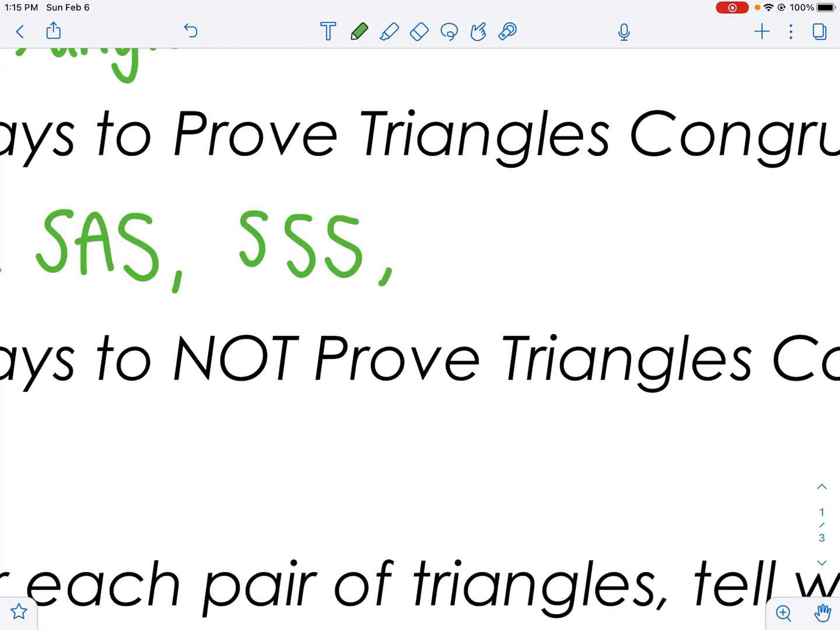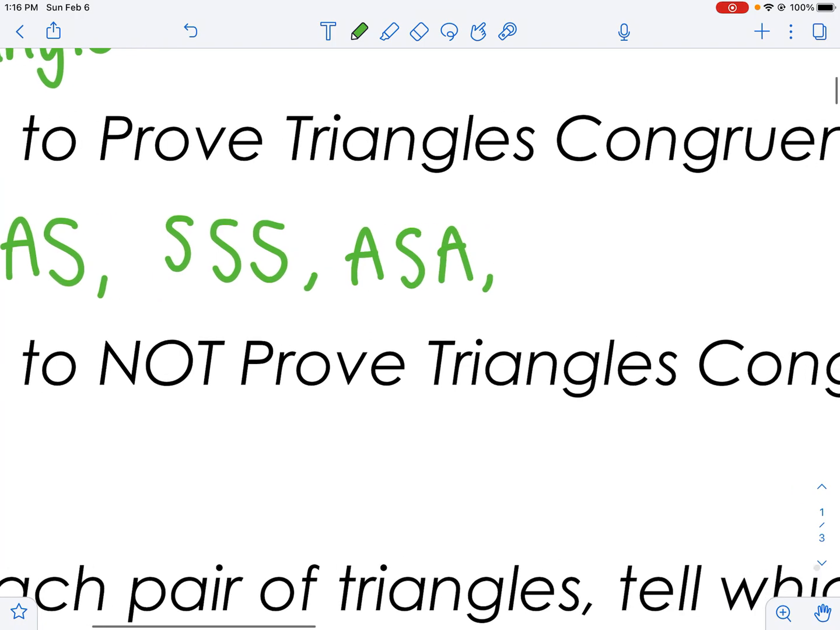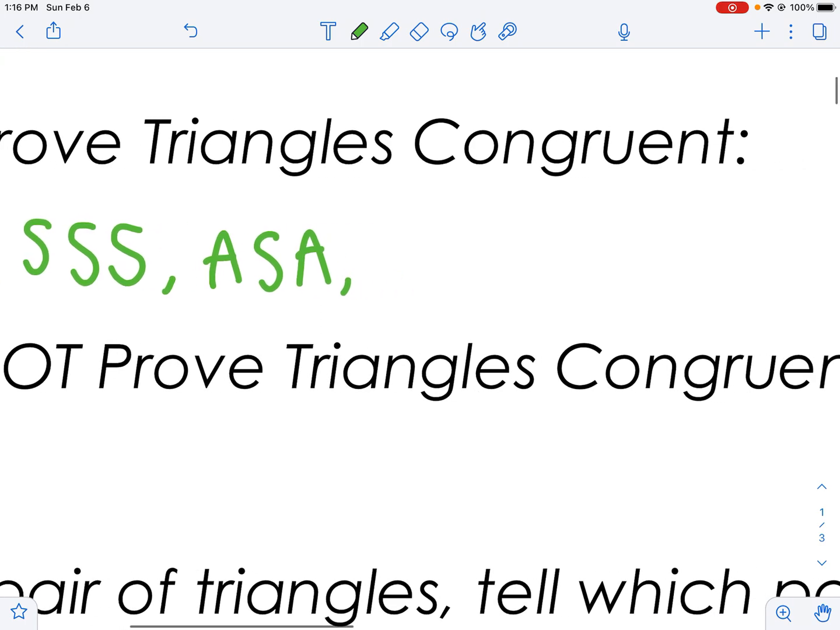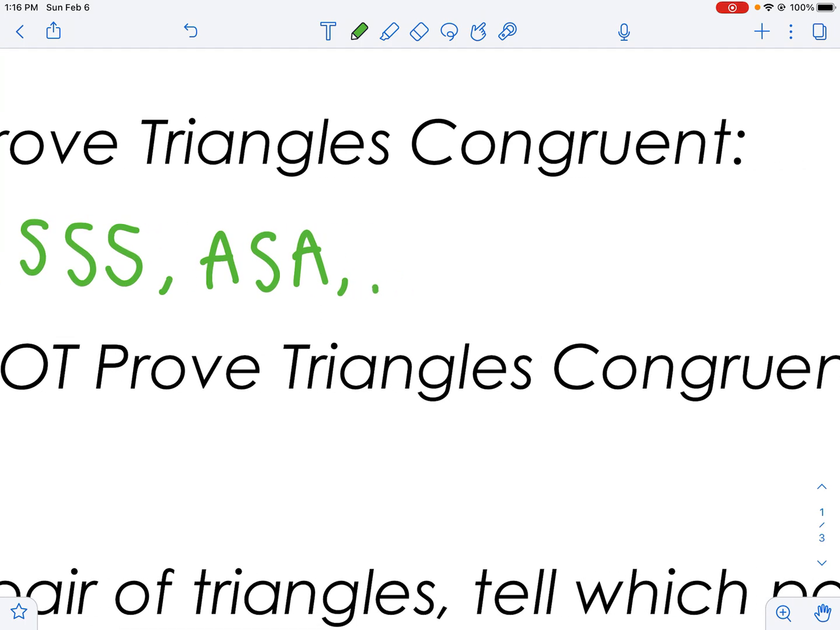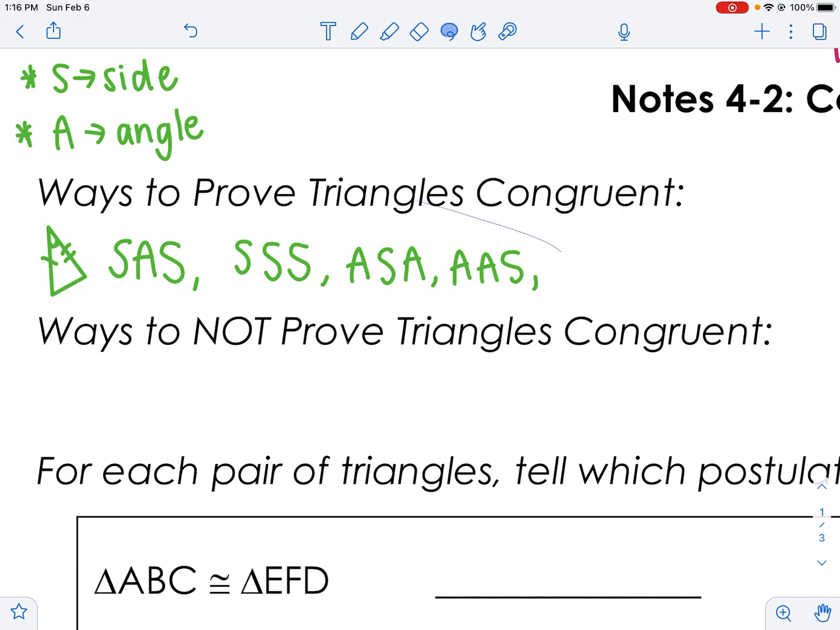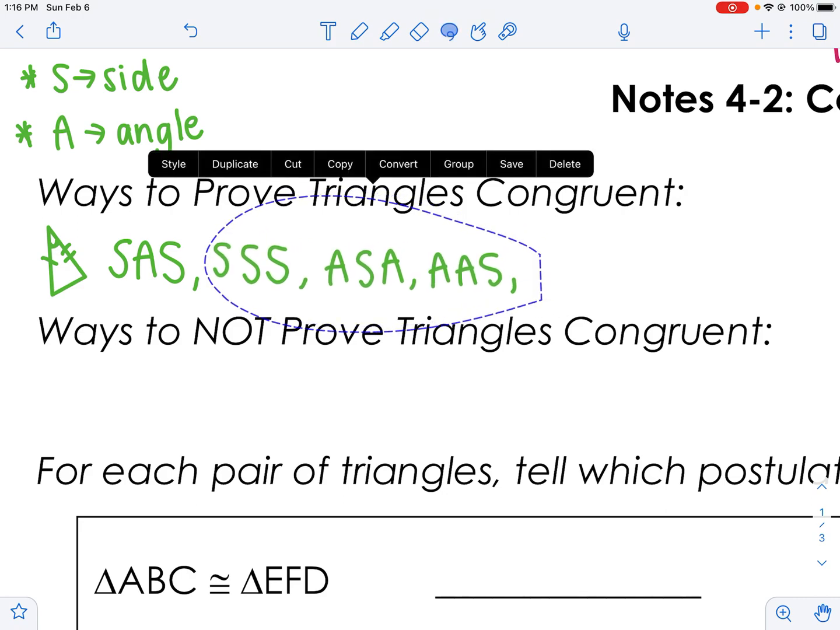Another way that would work, or minimum, is if you have an angle, side, angle in that order. I'm going to show you what that looks like in just a second. So if you had angle, side, angle, that would work to prove triangles are congruent. So would angle, angle, side. That would also work. So there's 4 ways that prove that triangles are congruent, and there's one more option that we have,